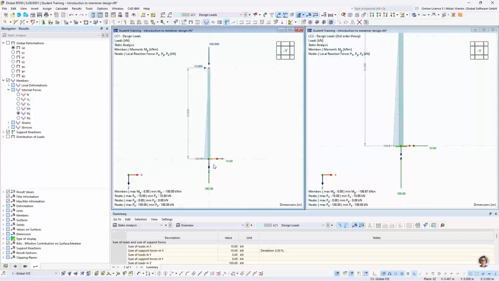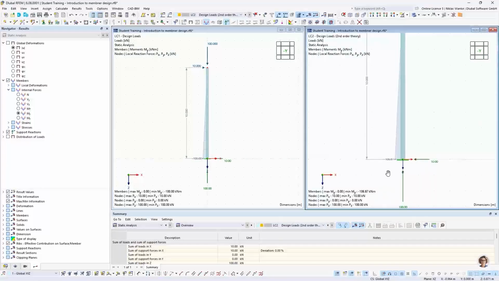That makes sense. But now, if we calculate with the second order theory, we have a bending moment of 106.9 kilonewton meters,